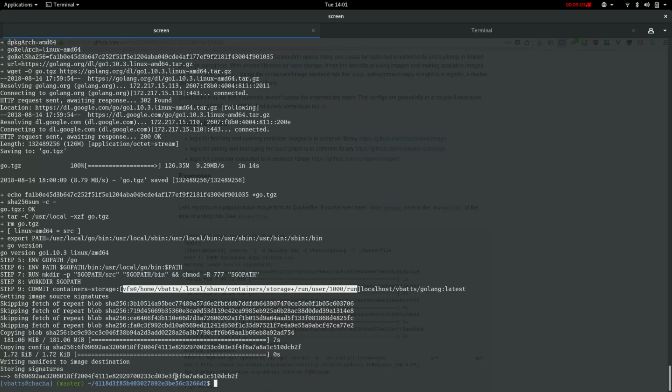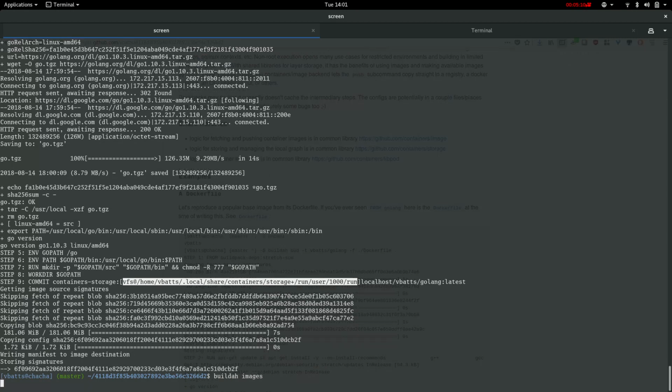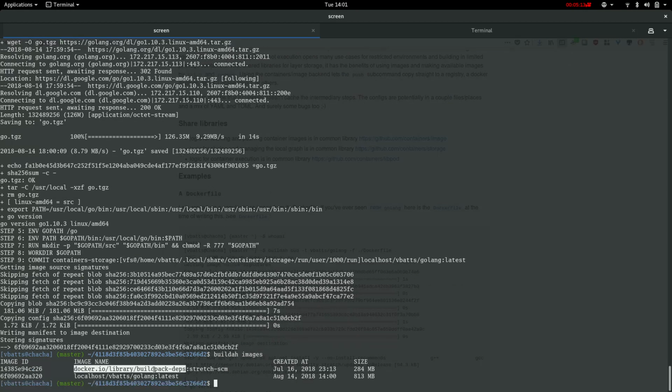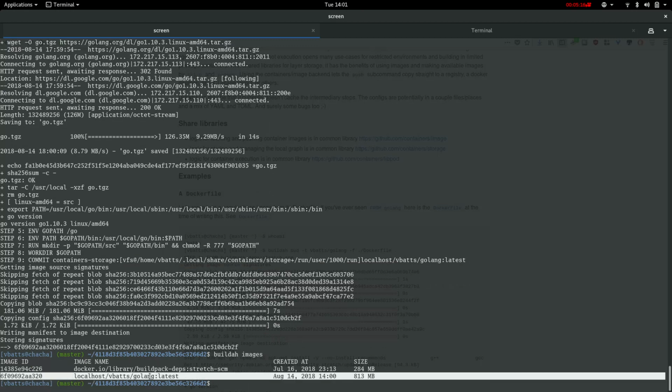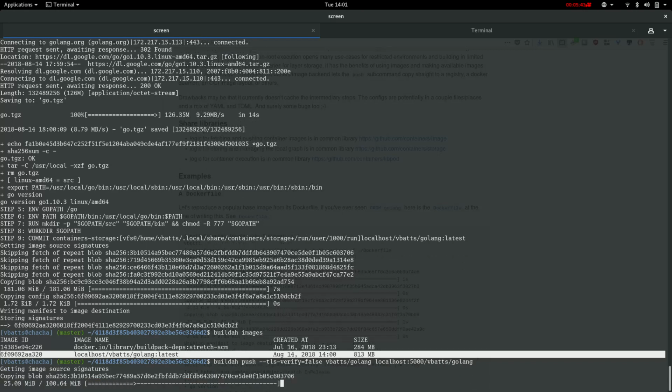So it has built this image now, and if I look at the images that are available, we just have the one that it was based on and the one that we just produced. Push, since we're going to that local host one, we'll tell it to not verify the TLS on it. Cool. So now we're pushing that OCI image out to a container registry